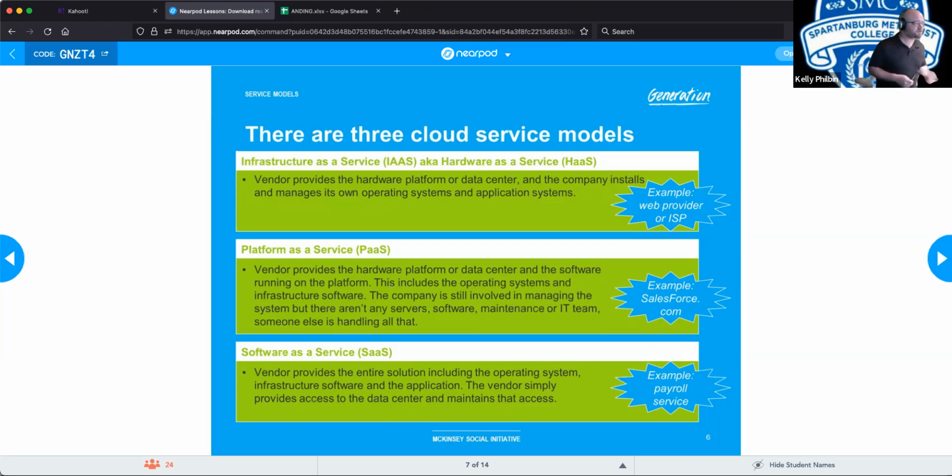First you have infrastructure as a service, or IaaS. This is essentially bare metal. This is just hardware. There's nothing else provided. It's just like, here's your servers, here's everything you need. All the hardware is set up. You're responsible for everything after that. You have to add all the software, all the applications, everything will be built on there by you, and you will maintain that software.